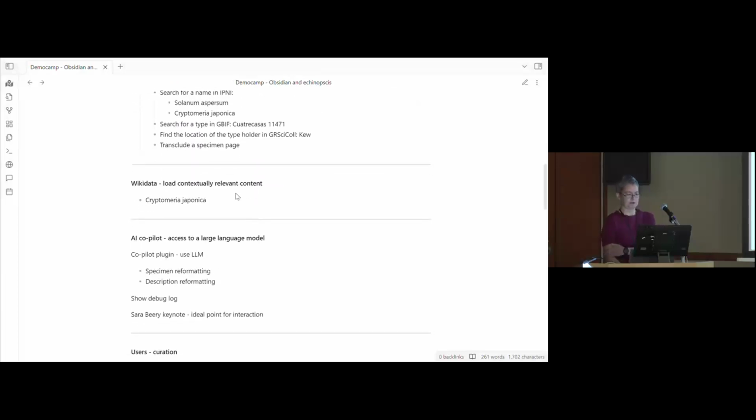So in my abstract, I put in that I was going to talk about us loading contextually relevant content, and this is loading data from Wikidata. So if you were here on Monday and you saw Siobhan Leachman's talk, that was a really great evangelical talk about Wikidata. So if I go to IPNI and look for that name,